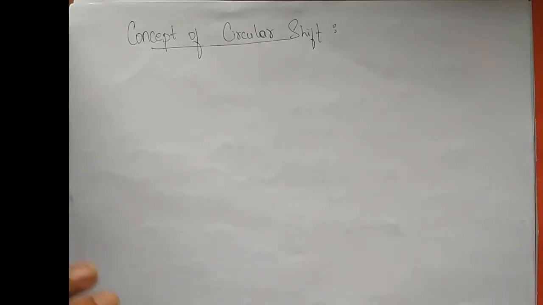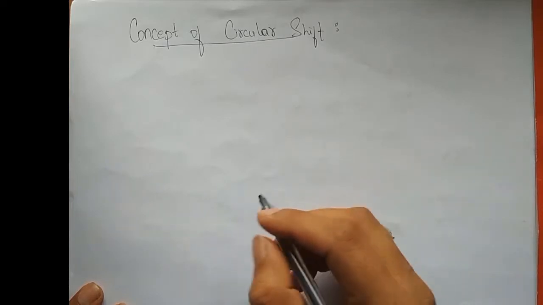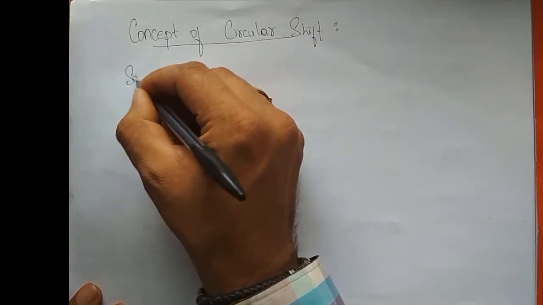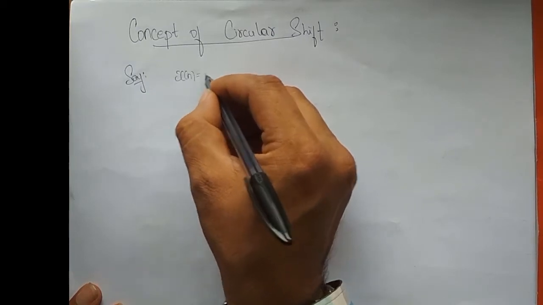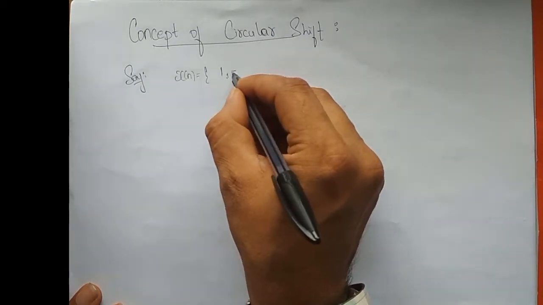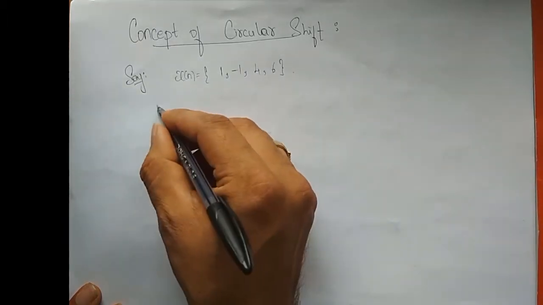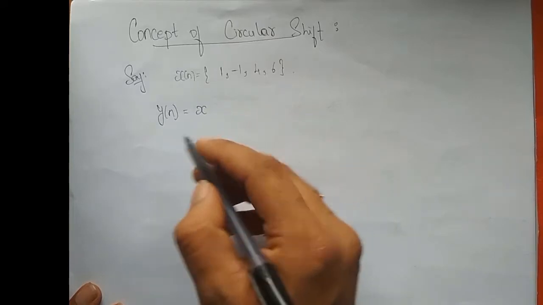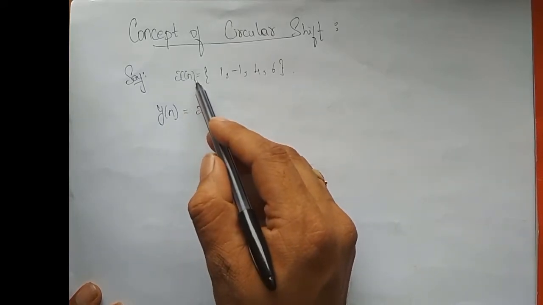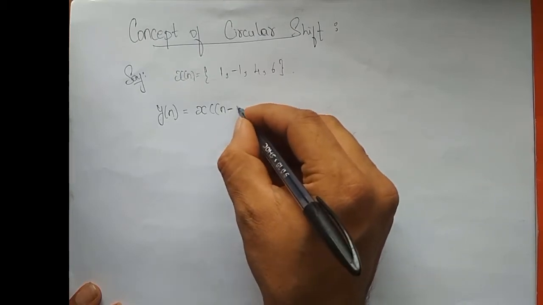Okay, hey guys, in this lecture we are going to discuss the concept of circular shift or circular time shift. I will take up an example. Say I have a time domain sequence x of n is equal to 1, minus 1, 4, 6. And I want to have a circular shift of x of n, where y of n is equal to x of n minus 2